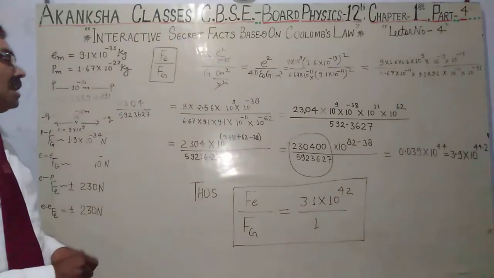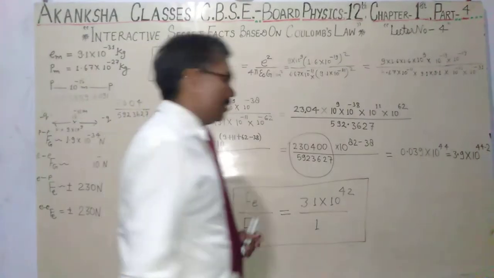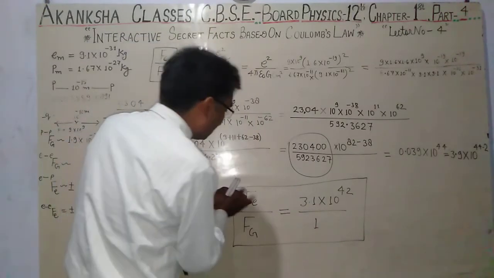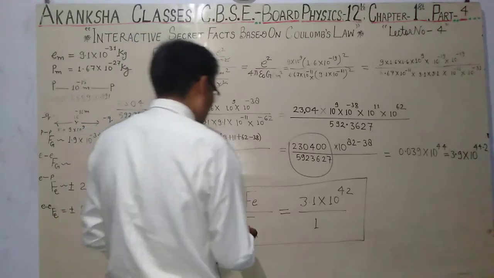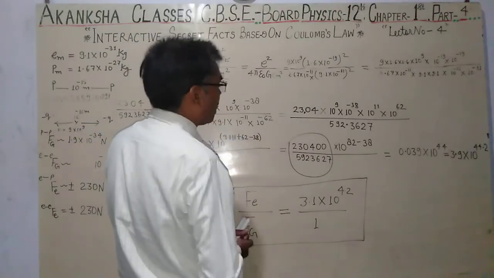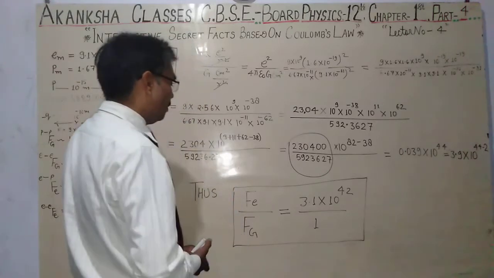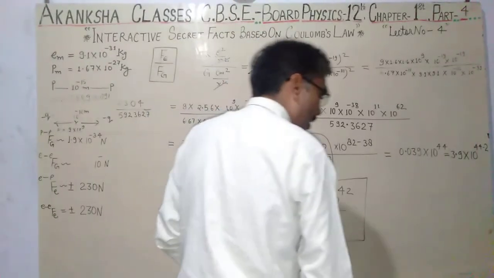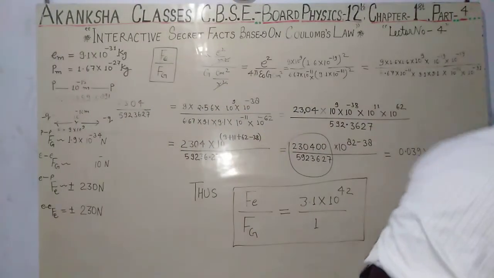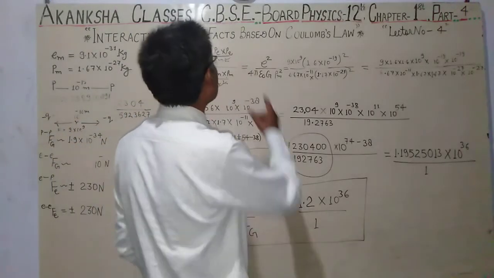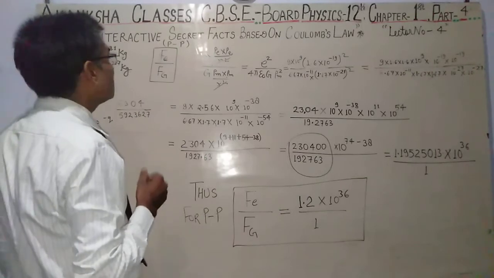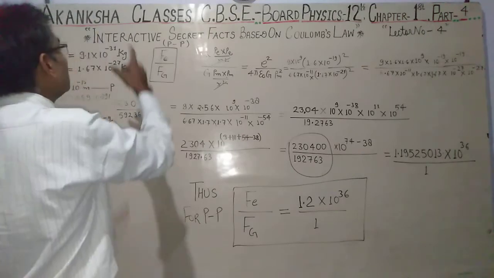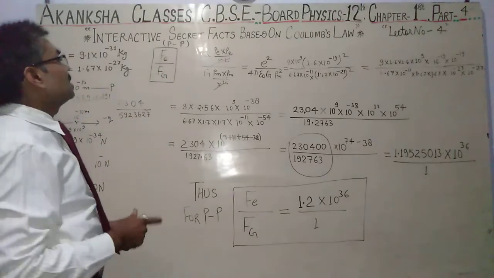Now we will describe the ratio between the electrostatic force and gravitational force between two protons and between one electron and one proton. Now we will try to find some new facts about the ratios between electrostatic forces with respect to their gravitational forces.